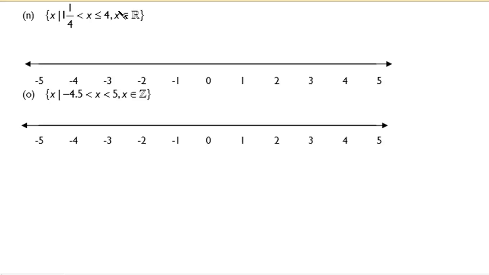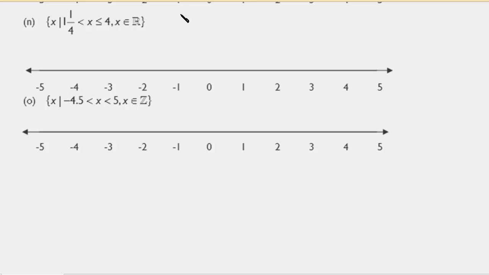Okay, we're going to have a look at this inequality problem. Now, if you're not one of my students and not from my school, then this notation may seem a bit strange to you. This means x is such that, or we have x in a situation where we have 1 1/4 is less than x is less than or equal to 4. So basically most people would see this problem on an exam paper in this way, and it would be written as 1 1/4 is less than x is less than or equal to 4, and you just need to know